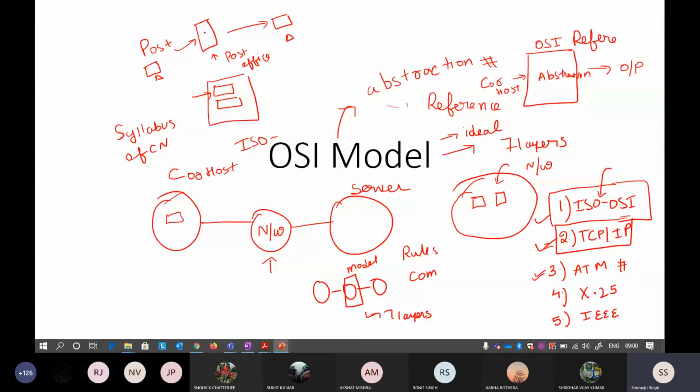In this context, the post office is acting as a reference model. A reference model is an ideal situation describing how communication between two devices takes place. You are not aware of the functionalities inside the reference model.